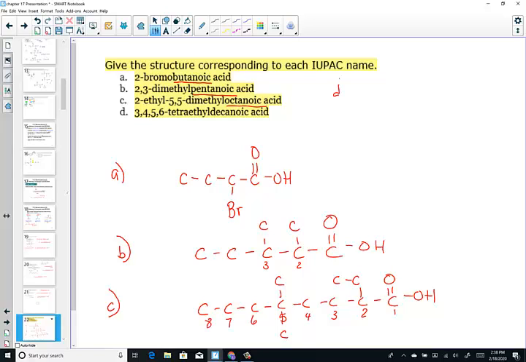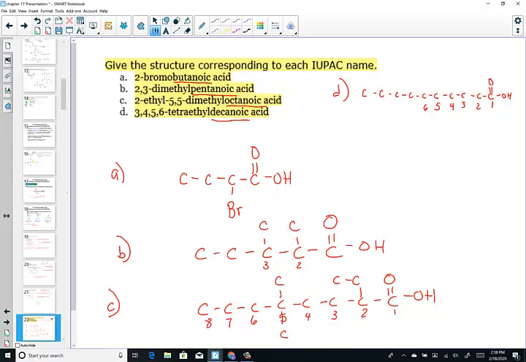And how about letter D? Here we have decanoic acid. That's 10 carbons. 1, 2, 3, 4, 5, 6, 7, 8, 9, 10. Long carbon chain. Carbon 1, of course, is the COOH. So there's carbon 1 at the back of the position here. Let's count to carbon 3, 4, 5, 6. Those things have